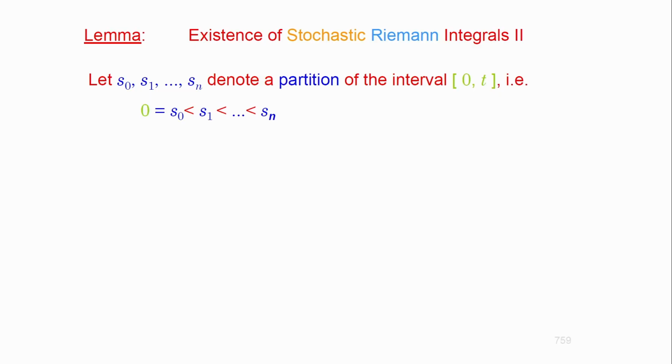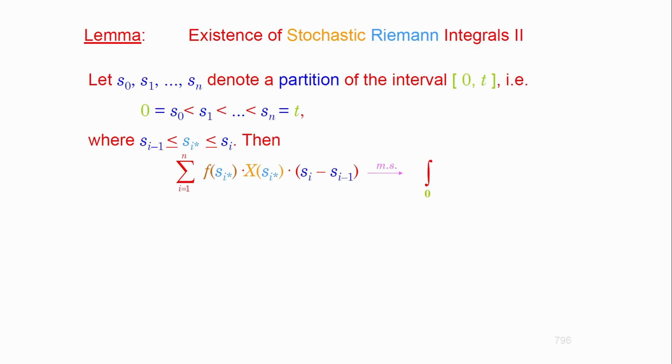And now I'm going to give you a sufficient condition. So in this case, you're about to see a sufficient condition. If you have the sum that is supposed to converge, this is the extended stochastic Riemann integral, by the way. So it is true that this exists, which means that it is supposedly finite, as you see. Existence means the finiteness of this integral in terms of a random variable, by the way. So in terms of convergence, there is a mean squared convergence. That's basically the issue.